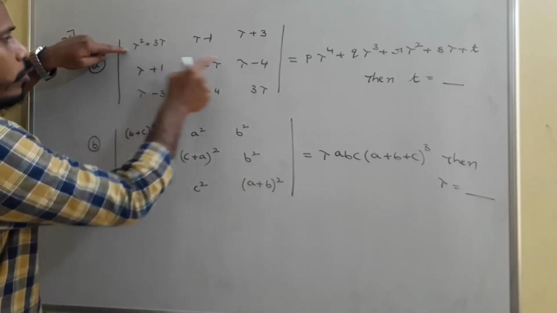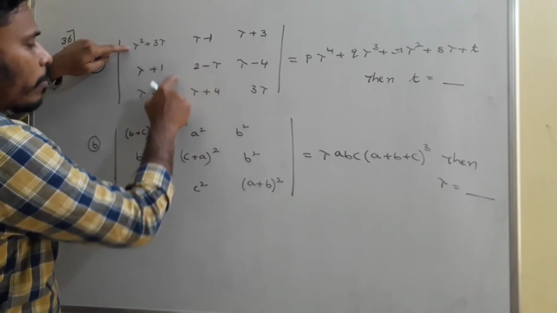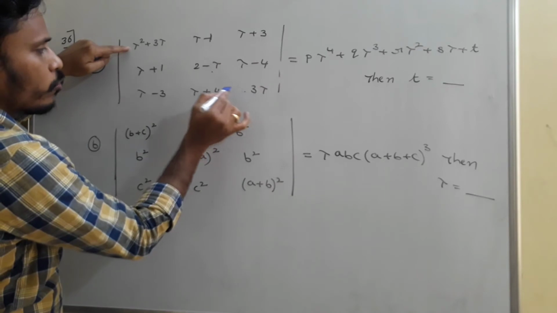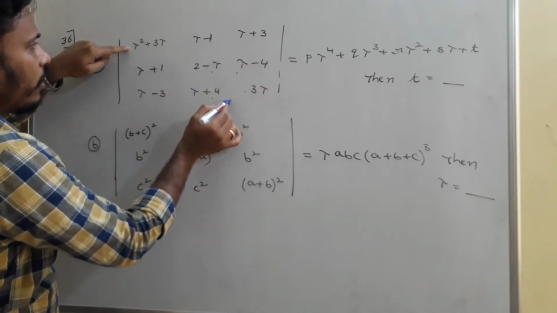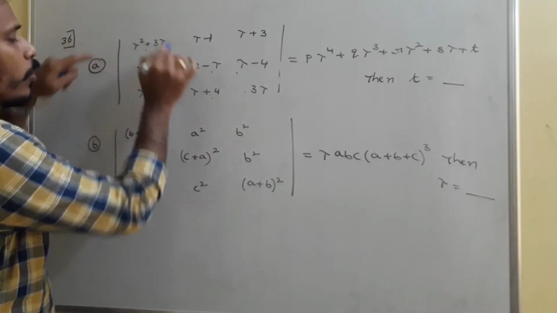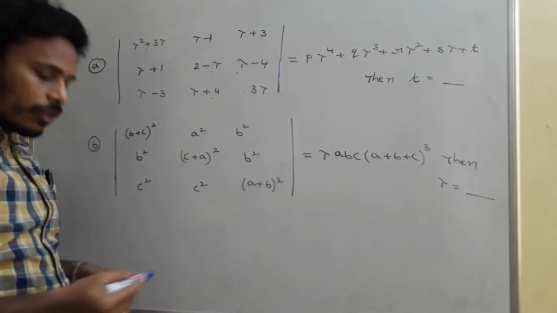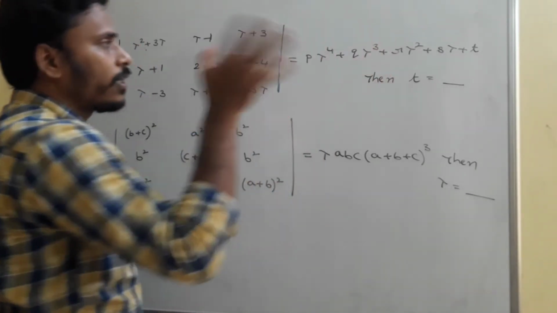The first term into the determinant of these 4, is it right? So the first term into the determinant of these 4 means, if you find the determinant of these two, product of these two minus product of these two. That means it's a quadratic, second degree. When you multiply with the second degree, you will get fourth degree, and at the end if you simplify, you will get a fourth degree polynomial, fourth degree expression, and this is that fourth degree expression.